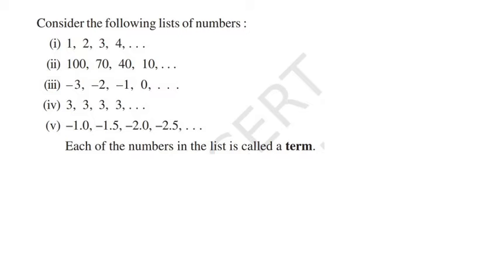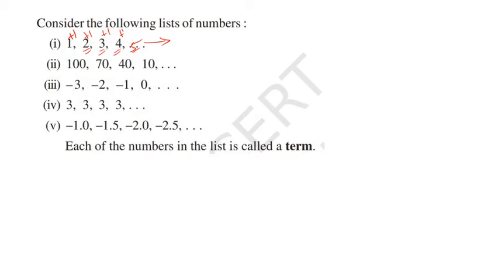Look at the first example. Now carefully listen. If you add plus 1 to the first term, you will get the second term. Add plus 1 to the second term, you get the third term. Add plus 1 to the third term, you get the fourth term. Plus 1 to the fourth term, you will get the fifth term. And so on, it will continue. So students, what you have observed is we have added plus 1 to each term to get the next